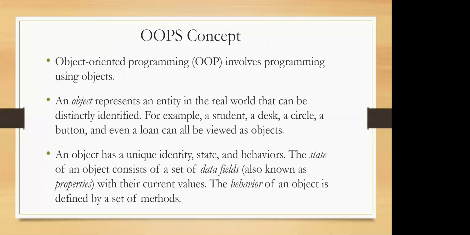A class is a generalized term. In object-oriented programming, we use objects. What is an object? An object is a real-world entity. You can just imagine the word class. Suppose I have an MCA class. In the MCA class, what is the object? Every student of that class is an individual object.